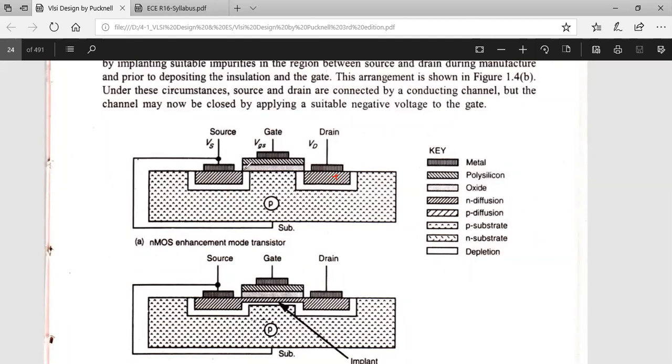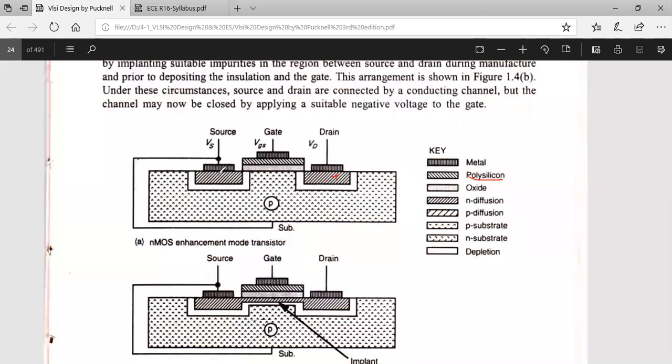Over the substrate area, I am forming silicon dioxide. The silicon present over here will be subjected to the oxidation process, and the silicon dioxide will be formed, which generally acts as an insulator. Over that, we will be forming the gate with the help of polycrystalline silicon, polysilicon, right? We have a key on the right side, which indicates the p-type substrate and the different regions and how they are indicated.